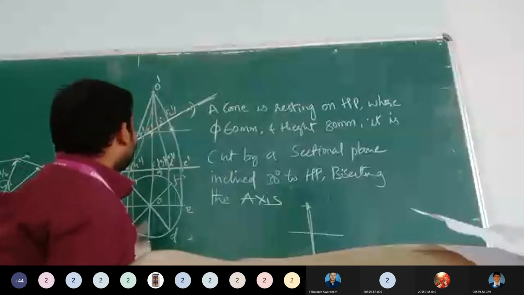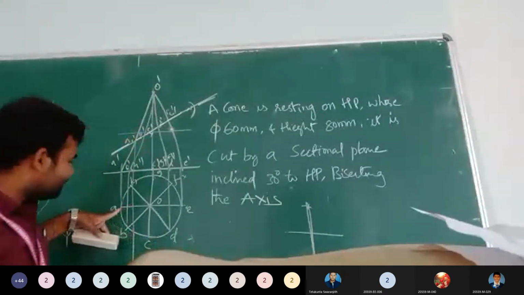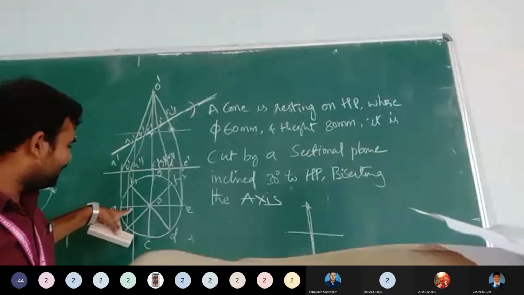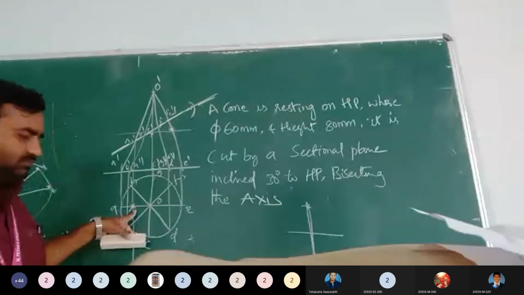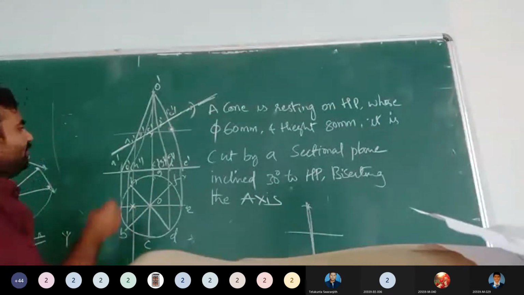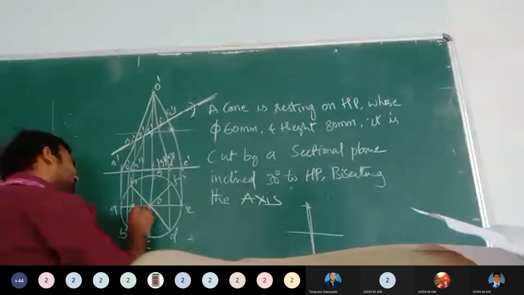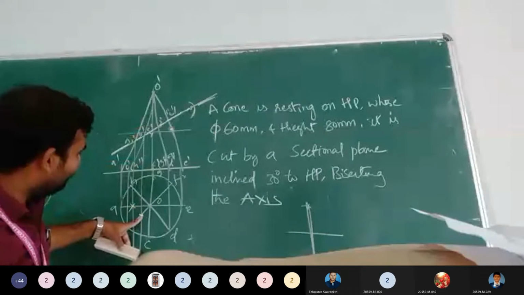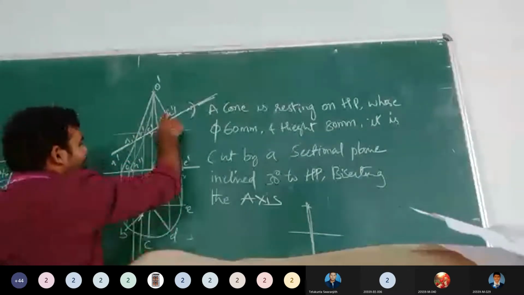Okay, right. Now from this point A1, I will project downside. So where is your A line? This is your A line. Yes or no? This is your A line. Now, where it is touching, this is the point. Okay. Now, from the B point, I draw downside. Here, this is your B line, and from here you can get a B dash line, and this is your point. And this is your C line.